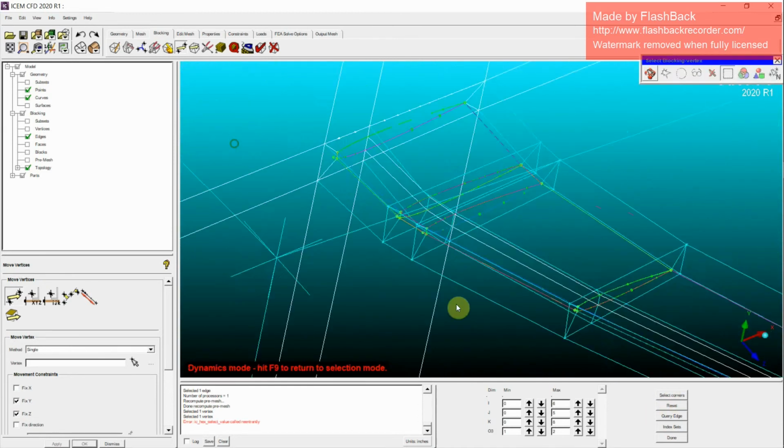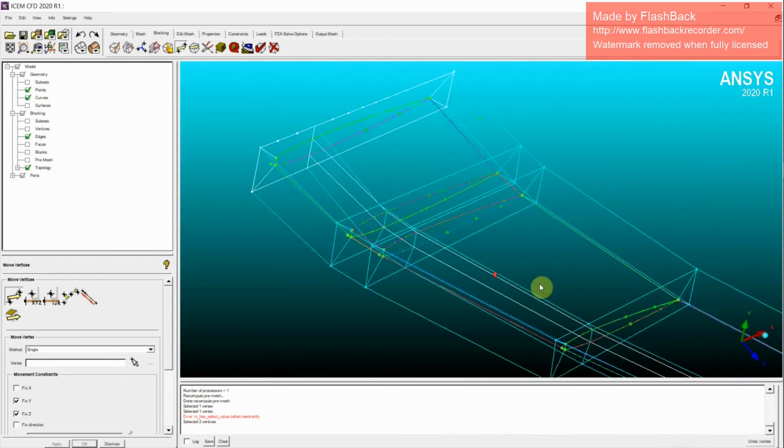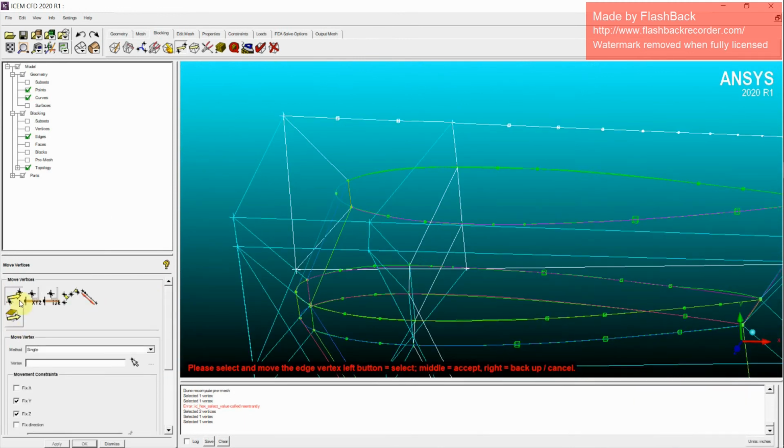This and this edge will be fine. Okay, so let's manually move it. No problem with that.